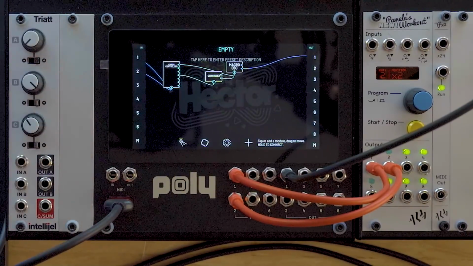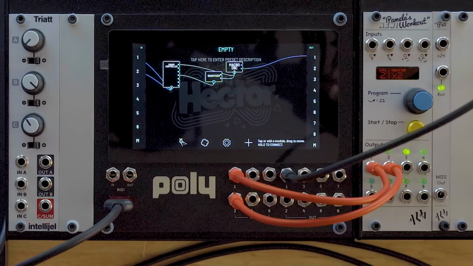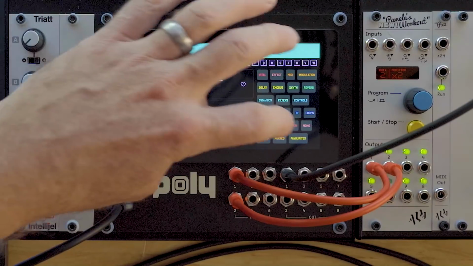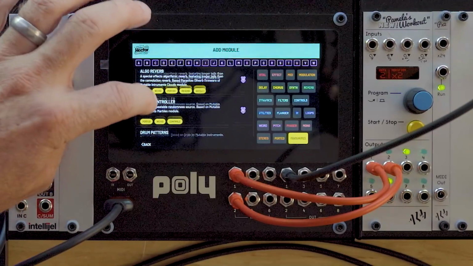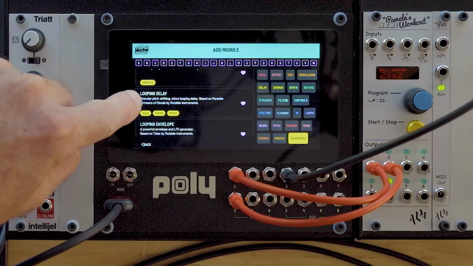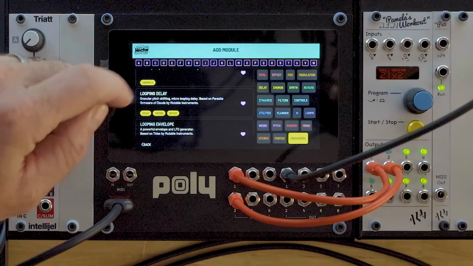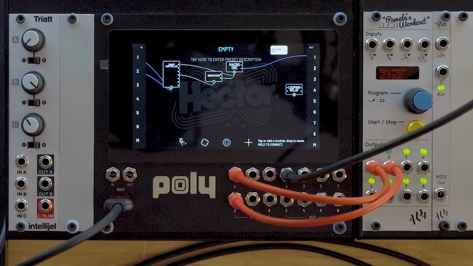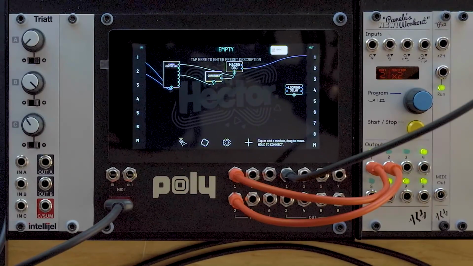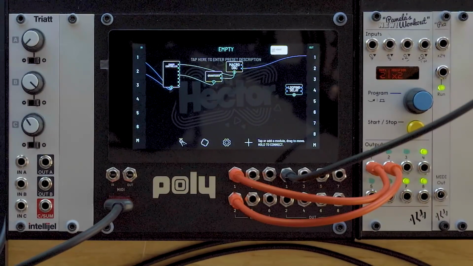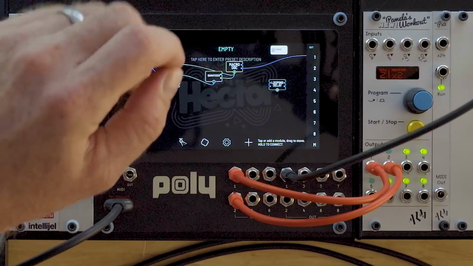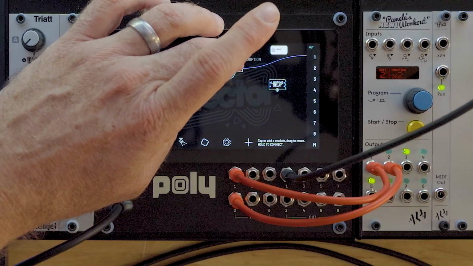Let's go ahead and add a little bit of vibe to this, a little bit of reverb, okay? So I'm going to go into plus, and I'm going to go into favorites, and I'm looking for the looping delay. This is one of the Parasites modes on Mutable Instruments Clouds. Because Mutable Instruments offers all their stuff as open source, there's been a lot of really cool alternative firmware, and the Matthias Busch Parasites firmware is some of the most amazing stuff out there. It blows open the way that Clouds works, and the looping delay is one of the things that we get